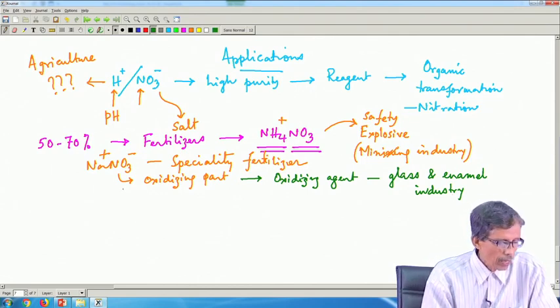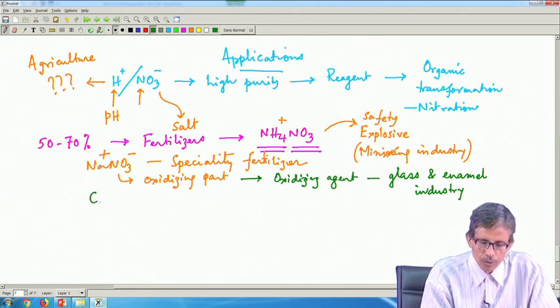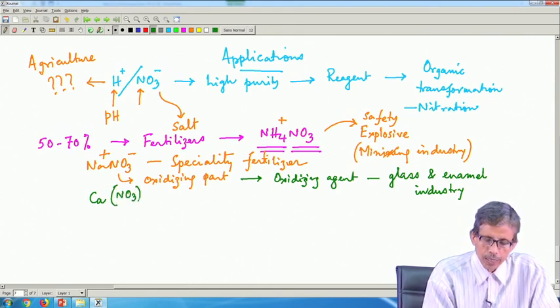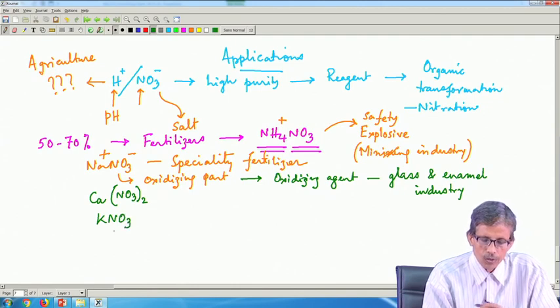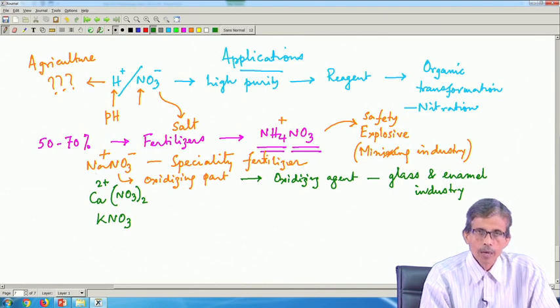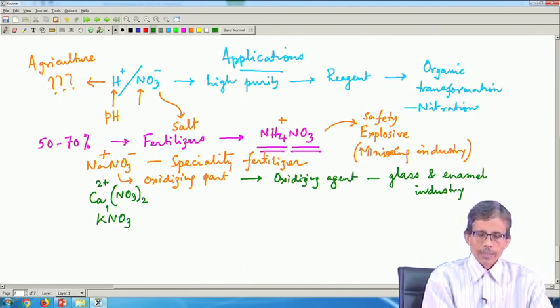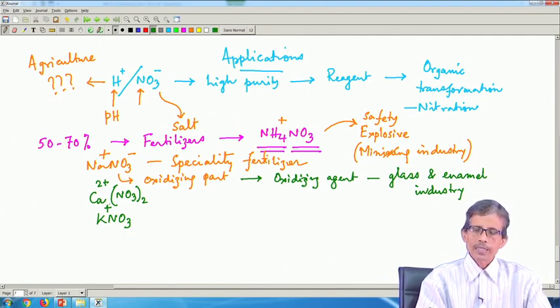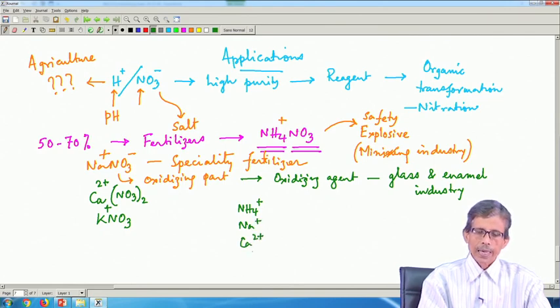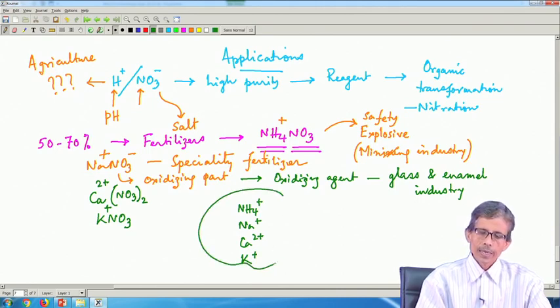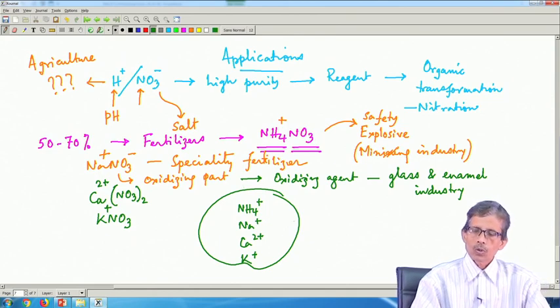Similarly, we can also make some other salts, like the corresponding calcium salts, because calcium also is a typical requirement for the soil. So, we can utilize it as the corresponding calcium nitrate salt or make potassium nitrate salt, because we are changing from ammonium ion to sodium ion, and sodium ion to calcium ion to potassium ion. So, these metal ions, or metal ion like ions, like ammonium, sodium, calcium, can be useful for supplying all these ions to soil or to any other